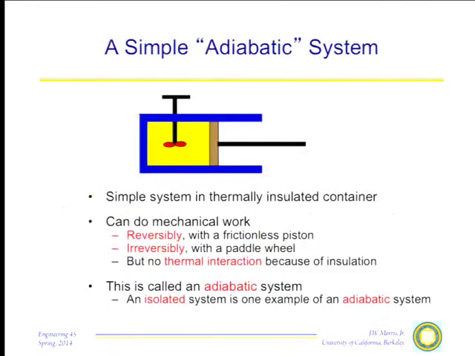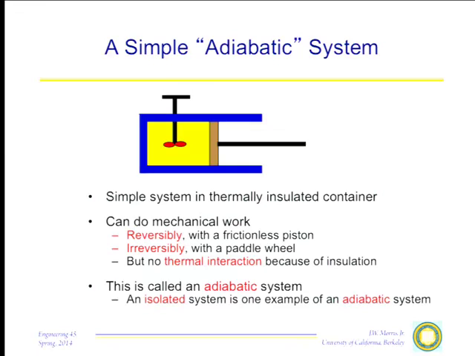To describe entropy, we went back to a very simple system that is not that far off how you could arrange any system you wanted to arrange. You take your material or your system and you make it adiabatic. By making it adiabatic, that means you put it in some sort of insulated wall. You do something so that the only interaction it has with the rest of the universe is mechanical. The extreme case of an adiabatic system, you just isolate it, so it has no contact with the rest of the world at all. But let's let it have a mechanical contact.